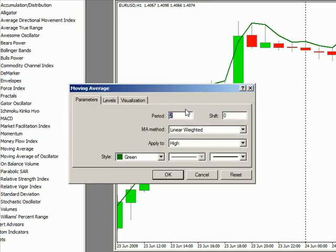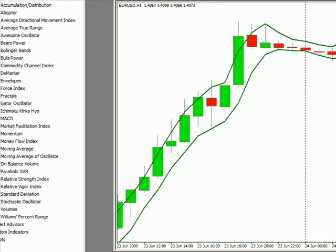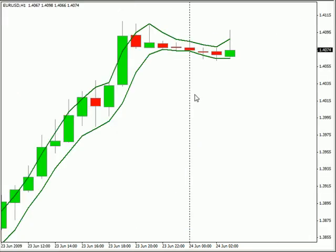Moving average. Here we go. 2. We're going to look at the low. Now you can see that you have this band that's been created. It's hitting the low and the highs. You may want to set it to a 3 period, but nonetheless, you can use a band. A lot of the different bands that are out there, there are several of them. Bollinger Bands is one that you could use for this to basically track the market and look for buy and